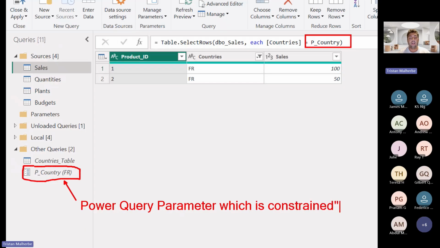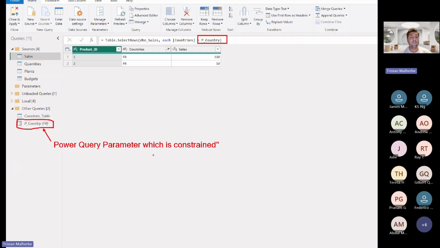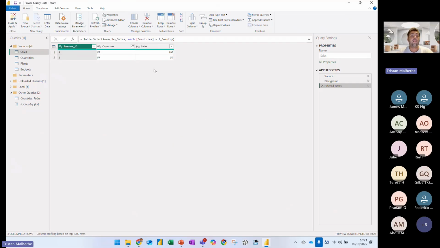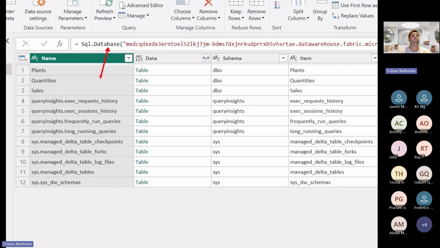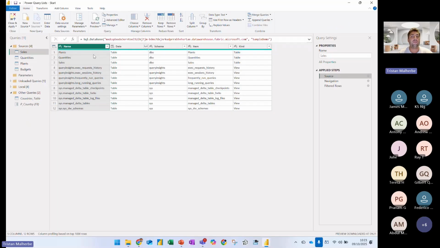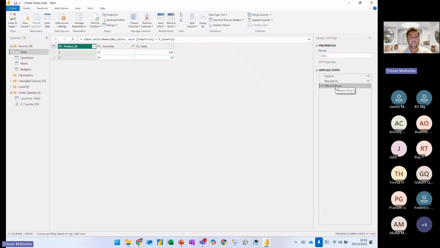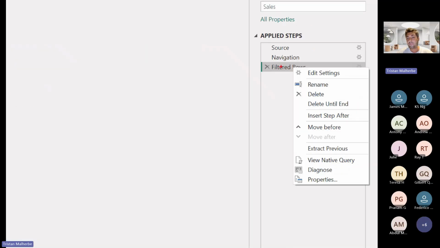Because it only takes an input from a list of 3 items: France, Italy, and Spain. Okay, so that's cool. And the good news is that this kind of operation supports query folding. So in this case, I am connected to my SQL Server database, which is actually a Fabric database, to be more precise. And if I right-click on my step, if I go to View Native Query,